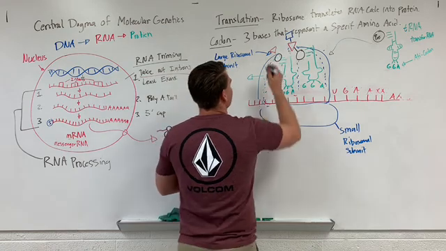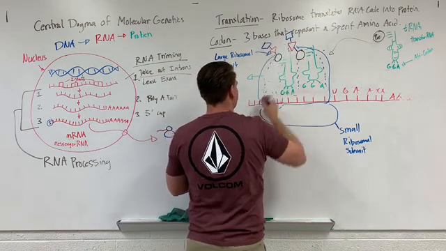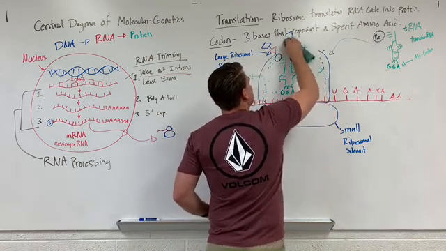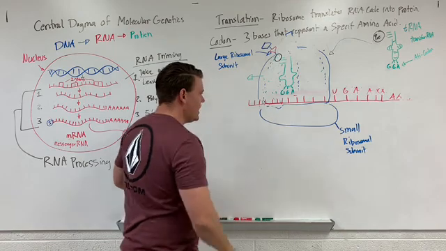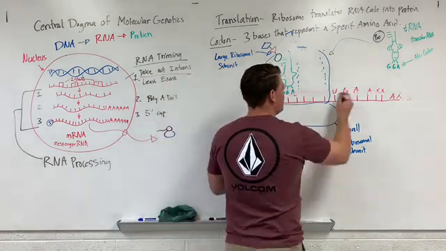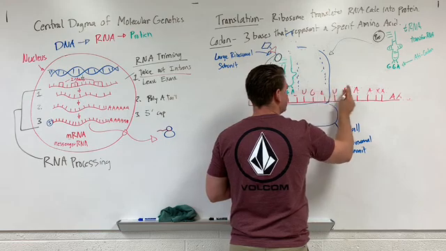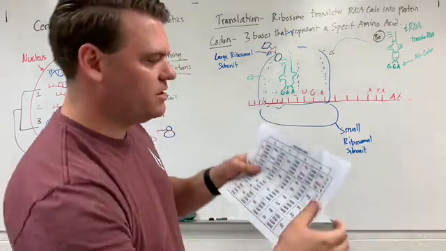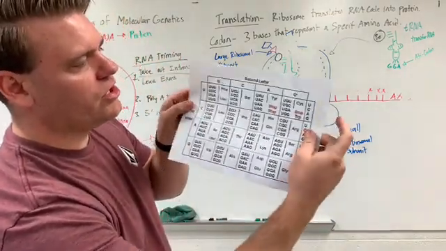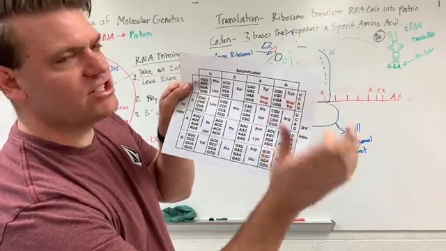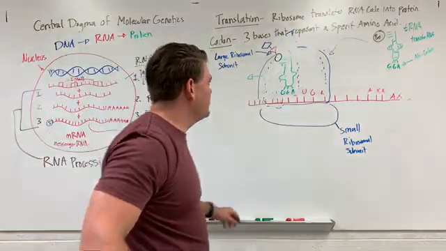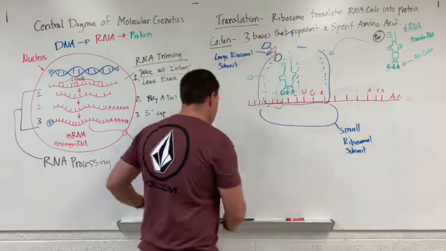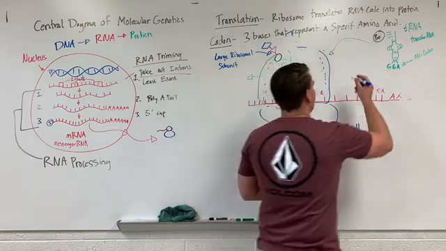Making our protein. This is going to be empty again. And our last codon, which was going to be UGA, is going to come in here. So we look at what that codon codes for. So UGA is actually our stop codon. And what happens, instead of another tRNA coming in, you're going to have one of the stop codons. And the machine that comes with that,